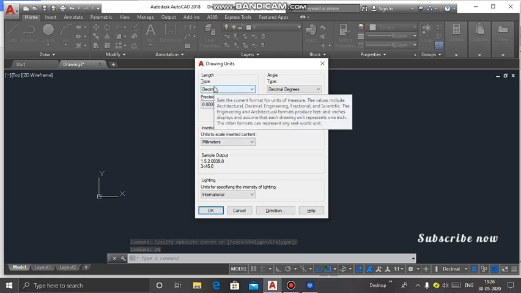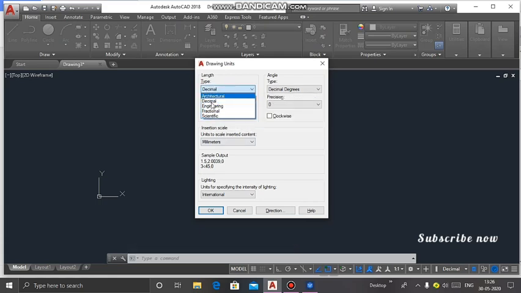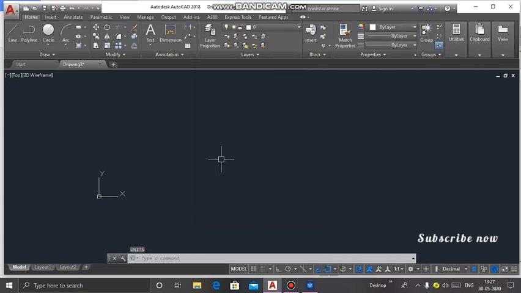Then choose decimal or architectural, precision 0.00, millimeters. Now okay, units are confirmed. And the unit will show in decimal.